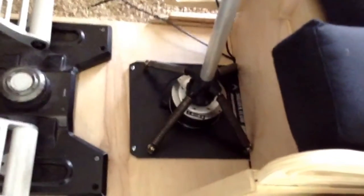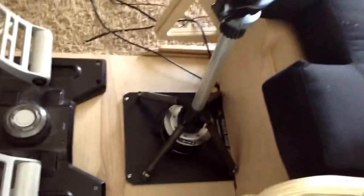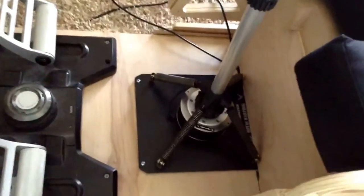Hey guys, just want to do a little build tip here for the Warthog extension. This is my professional video editing here with YouTube. But